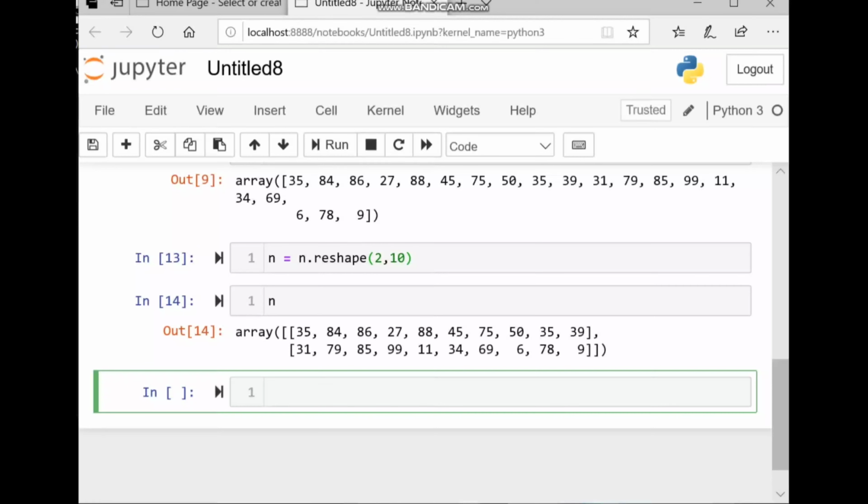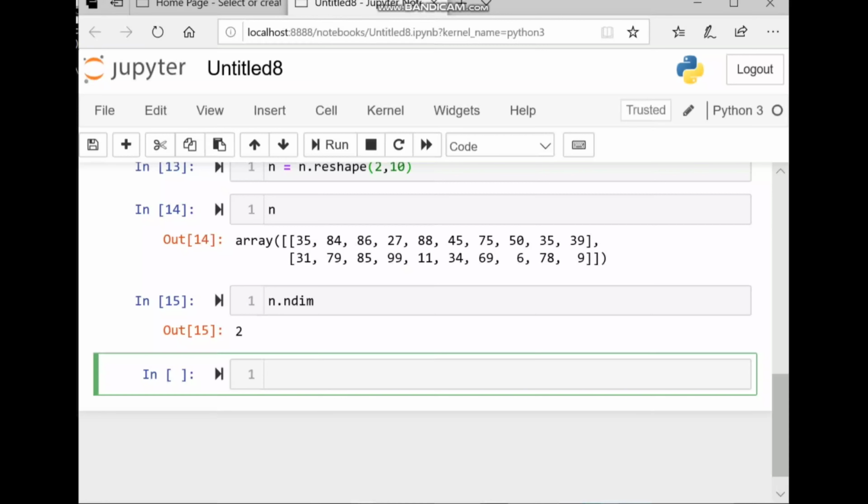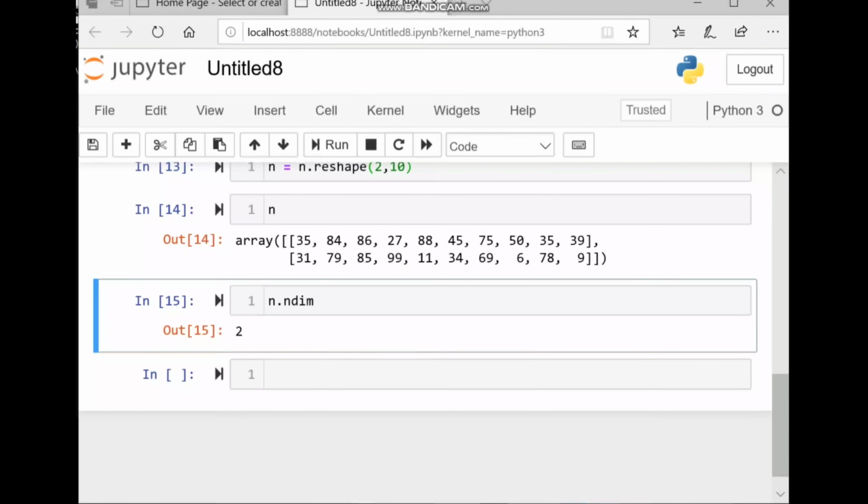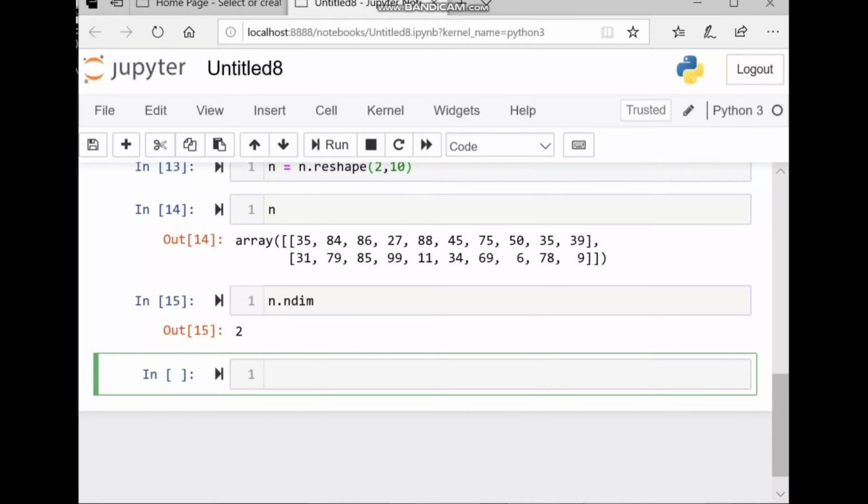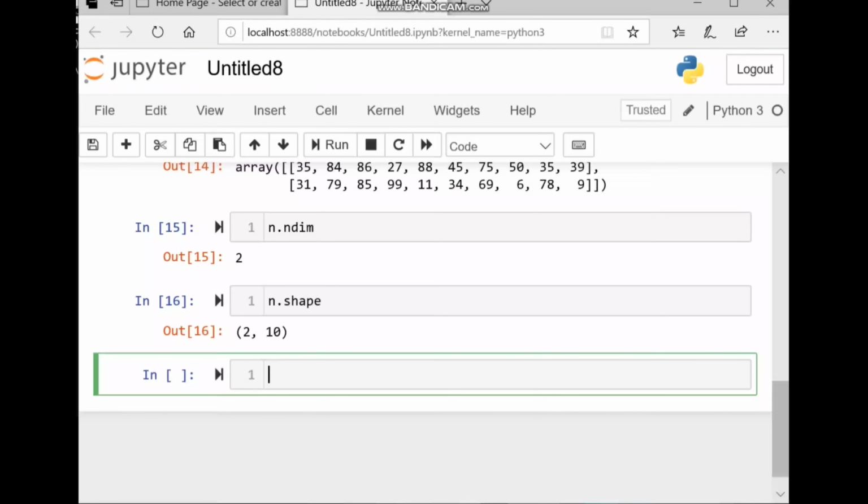Now if I check the dimension of this NumPy array, n dot ndim, we see it is a 2D array. Now I check the shape of this array, n dot shape. See, this is 2, 10, 2 rows and 10 columns.